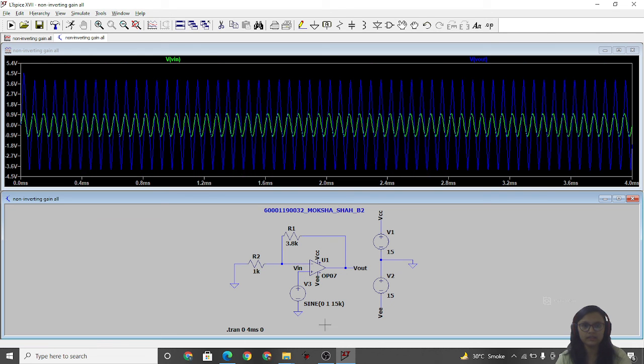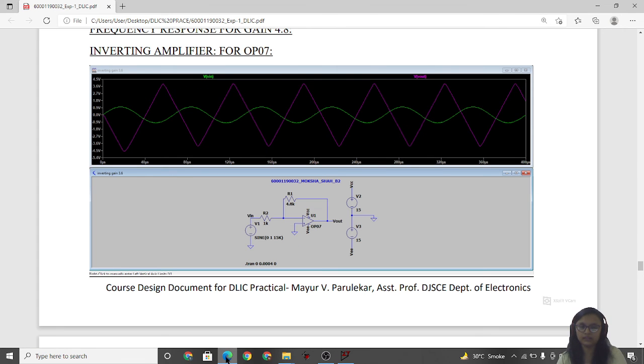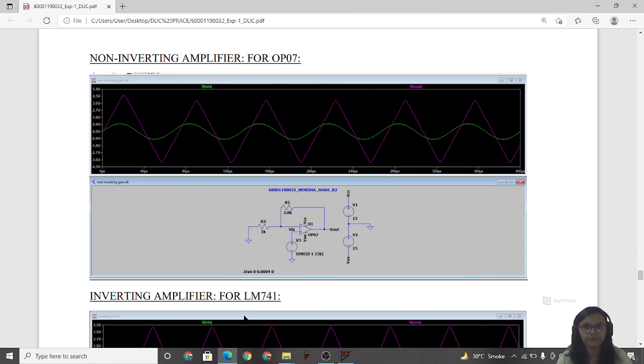So you can see the output is a ramp. Your sinusoidal wave has converted to a ramp output. This is because you are increasing the frequency. So at 15K for OP07 I am getting the ramp output.